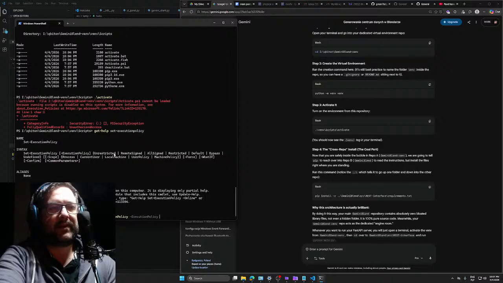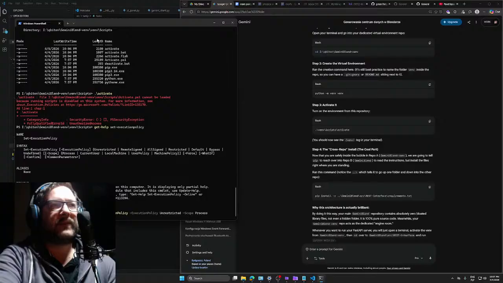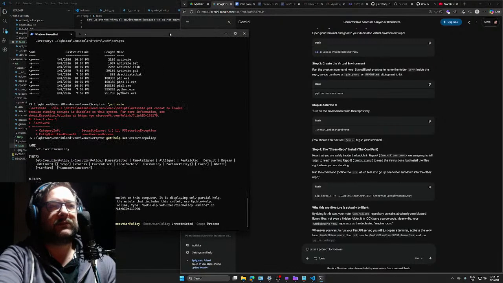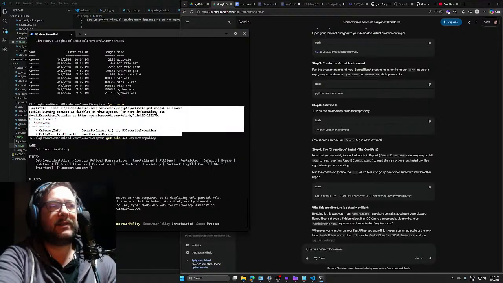Now as a property of this. What do you call it? As a value of this property. So we set it to unrestricted, and then we say scope process. Yeah, so it will only apply to this window. When you close it and try to activate this again,